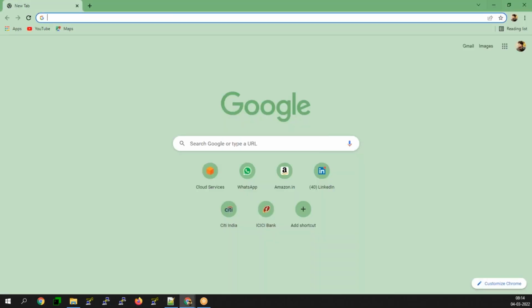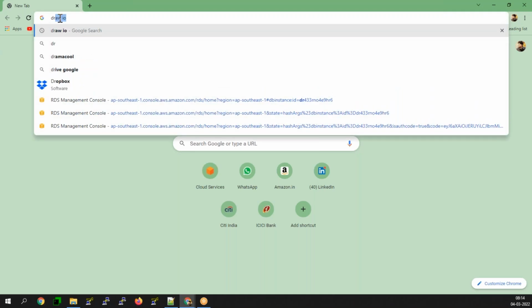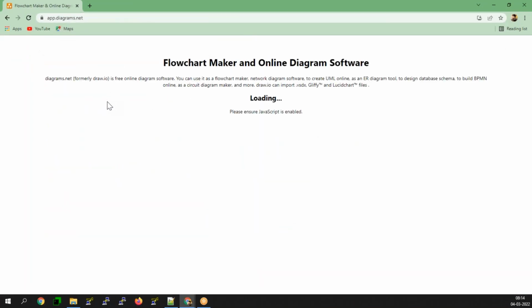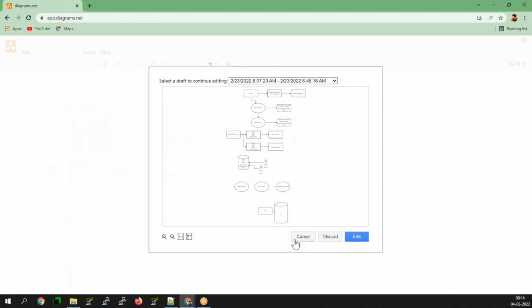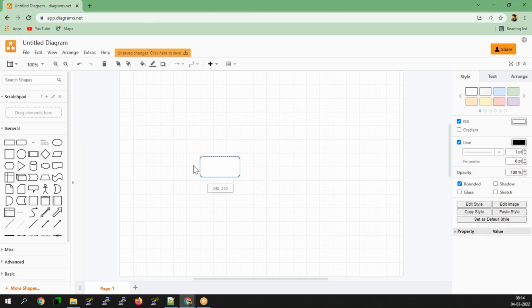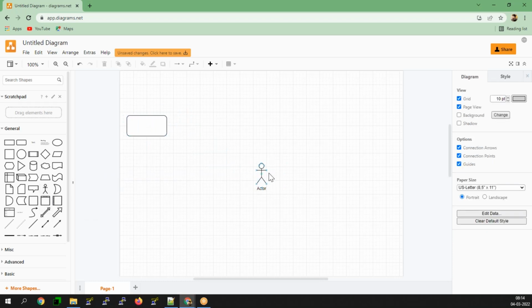DNS propagation is when an end user is going to hit www.amazon.in. You guys need to ensure that a browser, an end user, is hitting www.amazon.in.